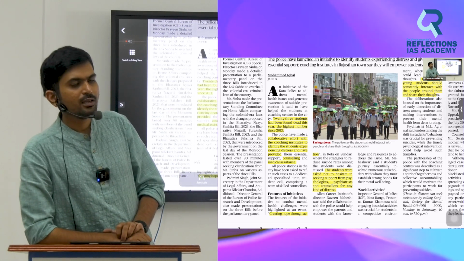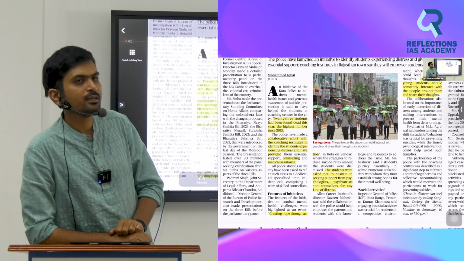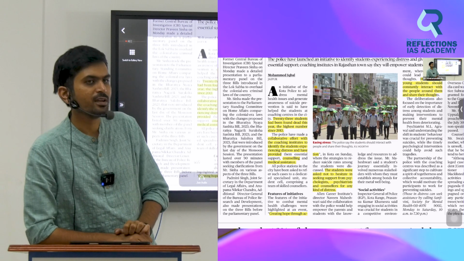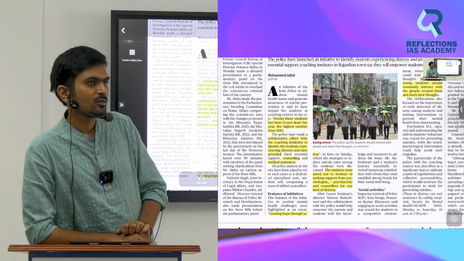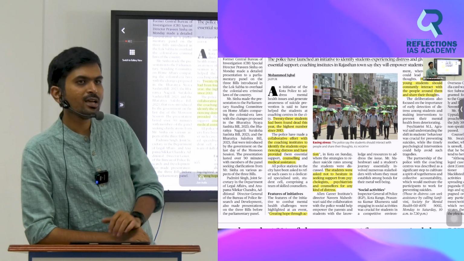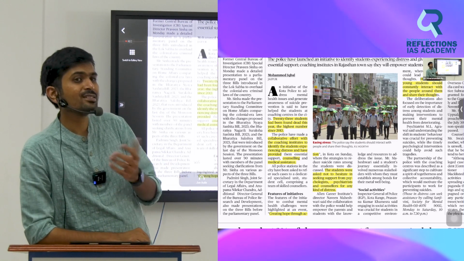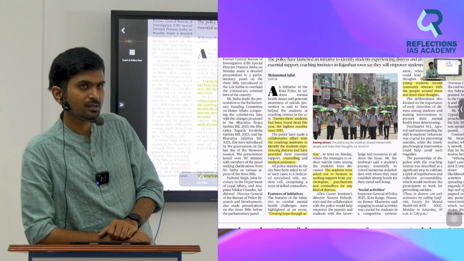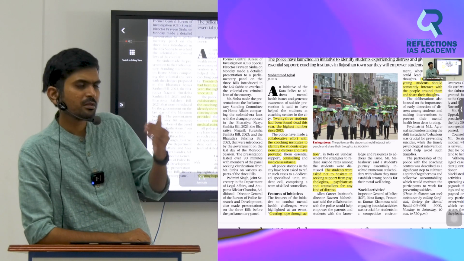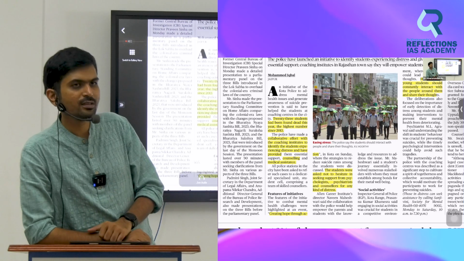And there was a recent article in The Print. It says from seniors to babas, everybody is a psychiatrist in India. Yes or no? From seniors to babas, everybody is a psychiatrist, but they are not trained psychiatrists. We should go to whom? A trained psychiatrist. But the mental health experts are also very, very less in India.